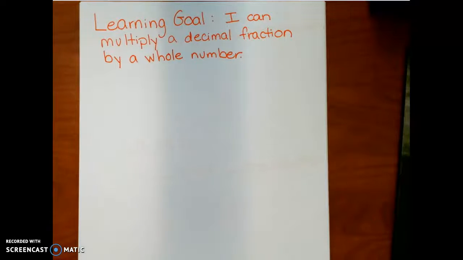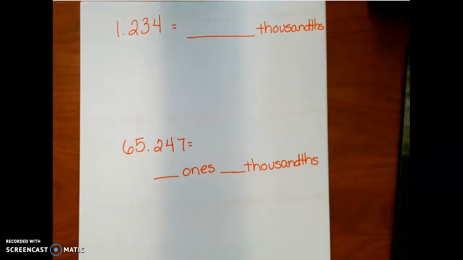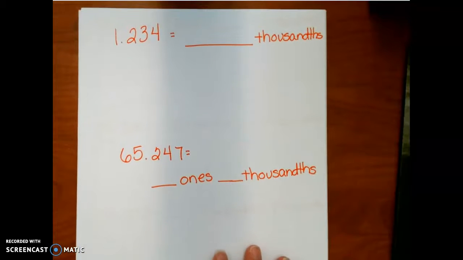Hey mathematicians, this week we're going to learn how to multiply decimal numbers or decimal fractions by a whole number. So that's our goal. By Friday we're going to all be able to say, I can multiply a decimal fraction by a whole number. Before we do that, we're going to go back and practice our adding and subtracting decimals for a little bit, okay? So here we go. And even before we do that, we're going to review word form or standard form and